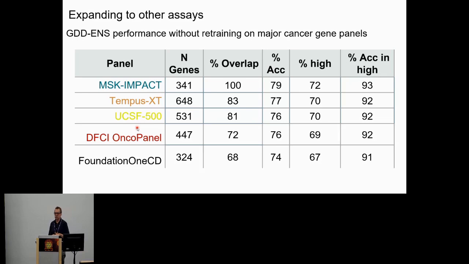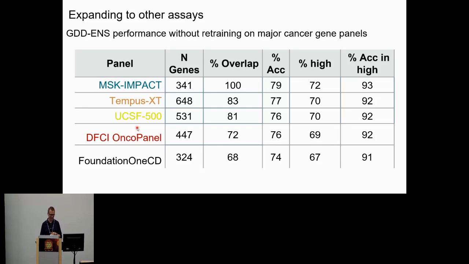The bad news is very rarely do these panels actually report all the features that MSK-IMPACT reports. And some of these panels don't do normal sequencing, so their mutations are polluted by normal ones as well. So this is what we could potentially do. The accuracy that you can achieve, at least out of the box, is a little bit lower. But if you retrain things, and I thought Madison was going to talk about that at her poster, and maybe now she might have to,